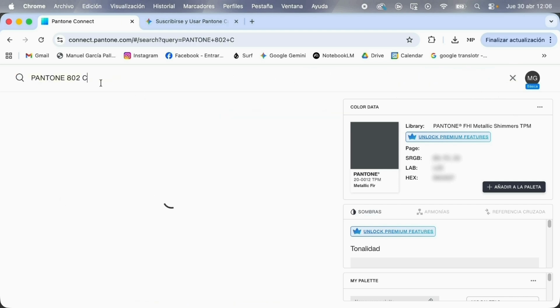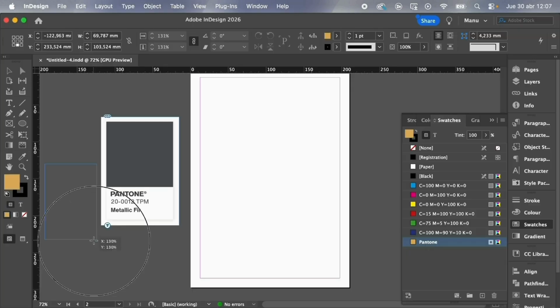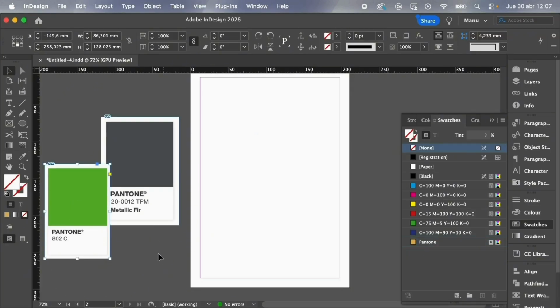I asked Gemini to find me the code for a fluorescent green. Take that in mind. You can use the artificial intelligence. Now let's prep a print test. I will create a circle, remove the stroke, and keep the fill.